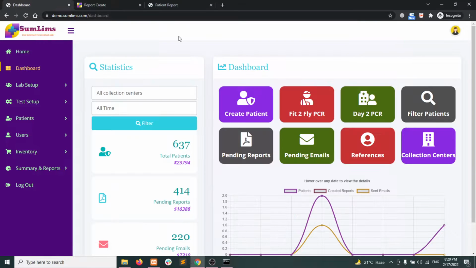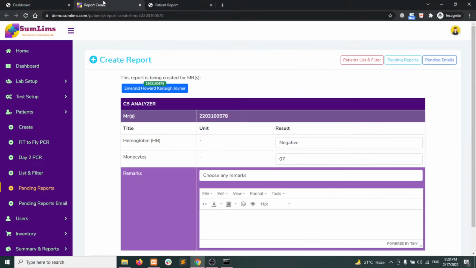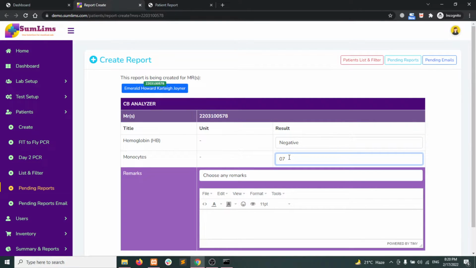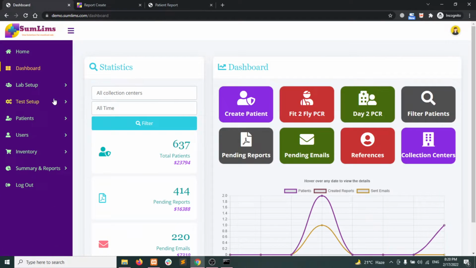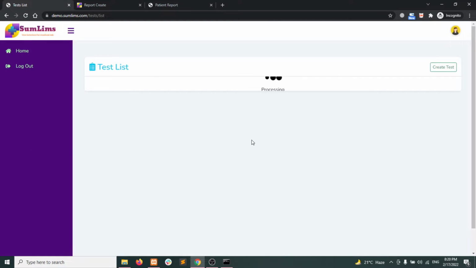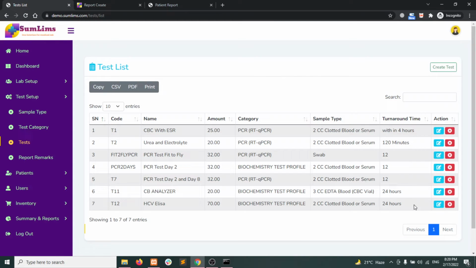This video is about how you can feed results of patient either from the dropdown or from input, and how you can set the default values for the test. Let's go to the test setup and click on test. Click on edit,